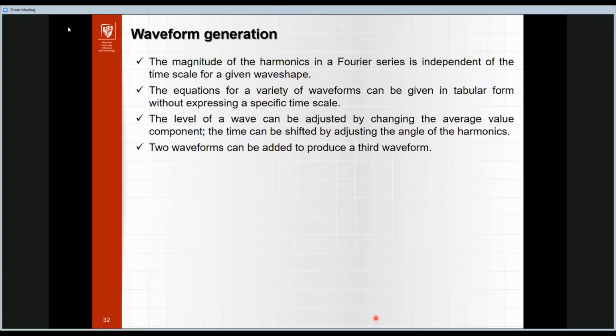It is directly from the properties of Fourier coefficients, the first property. Okay, so we have some